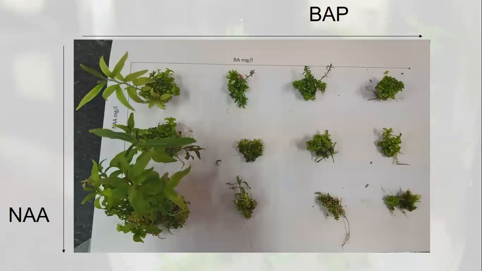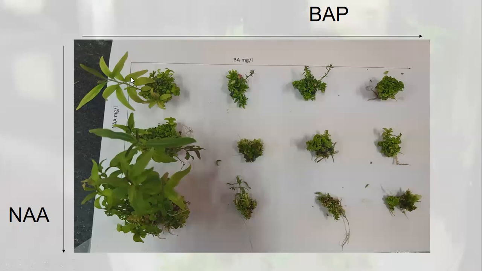I just showed you in the second slide itself the eucalyptus shoots. If we grow these eucalyptus shoots on a very low cytokinin medium, with no auxin, then they start elongating. And as we increase the auxin, shoot elongation increases, and they also start rooting. As we increase the cytokinin, you will see the shoots become smaller and more shoots are produced. So this is again the effect of auxin and cytokinin on shoot growth, multiplication and rooting.